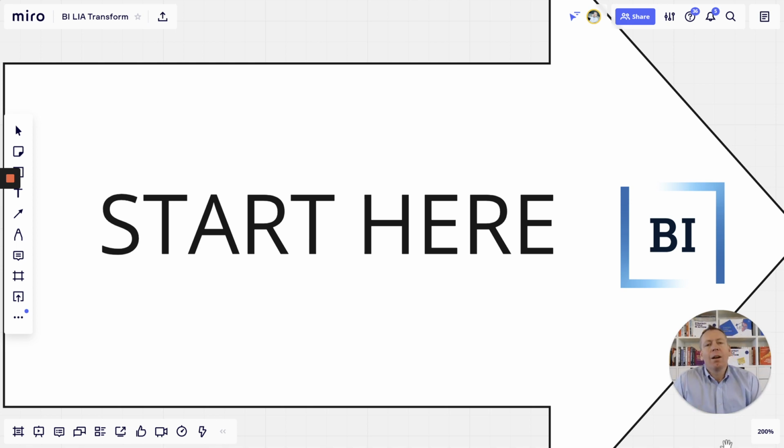Next, you're going to be busy and you may get lost along the way. So if you need to jump back to where I am or where your team is, you can look at the upper part of my screen here. You see a small photo, that's me, with a yellow circle around it. Now, the color of the circle may change, but typically it's yellow or red. So if you click that picture, you're going to jump straight to my view. So if you are roaming around and you're saying, I have no idea where I am, I have no idea what I'm doing, just click my picture or click your team members' pictures and you'll jump straight to their views.